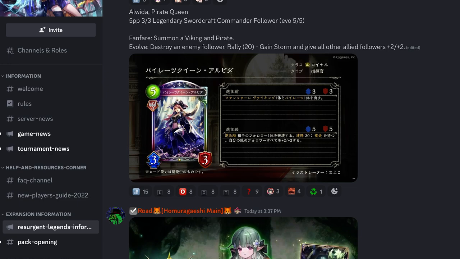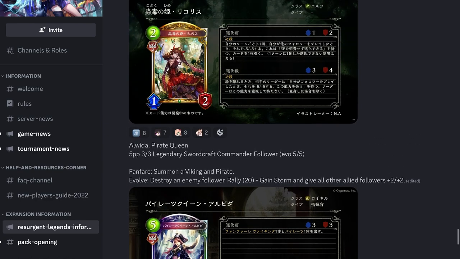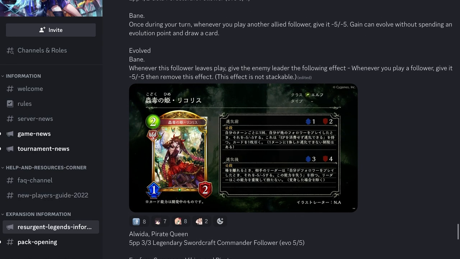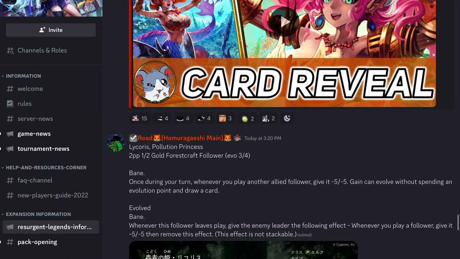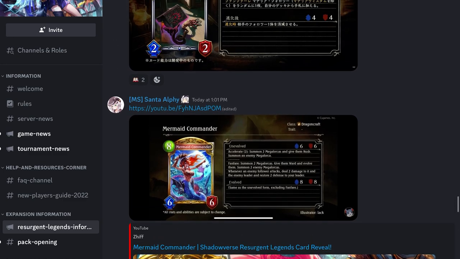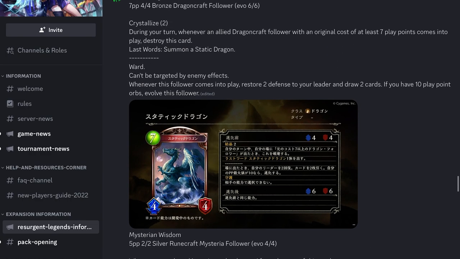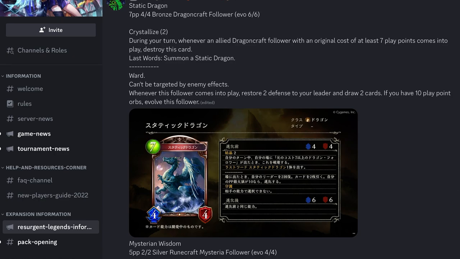We are losing Maximus, so there's that. That's about as optimistic as I can be about that. So honestly, not super happy with this crop of cards that were dropped today. Alwida, mid at best. Lycoris, kind of interesting, but also a little tricky to play. But I do think Lycoris is the most interesting one of this batch. Mermaid Commander doesn't really do anything. Mysterian Grimoire, good, but what's the payoff still? And Static Dragon, pretty interesting in a vacuum, I guess, but I'm unconvinced about Big Dragon still, especially if the